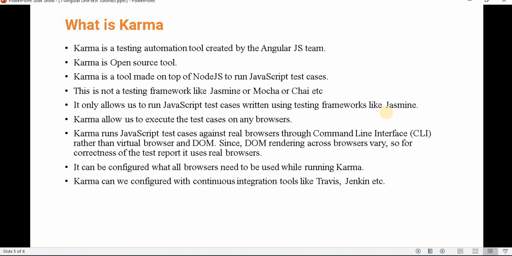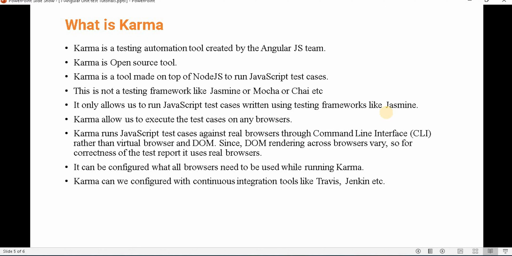Now next is what Karma is. Karma is also an open source tool, and Karma is basically a testing automation tool which was created by the AngularJS team. Karma is a tool made on top of Node.js to run JavaScript test cases.